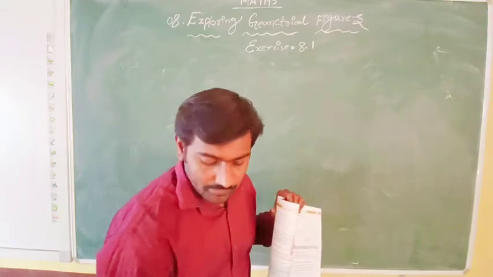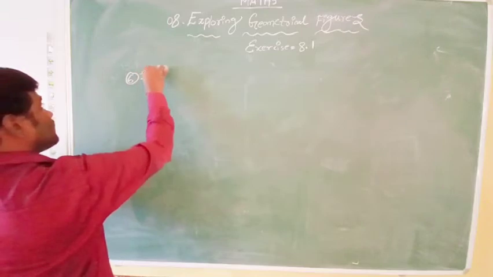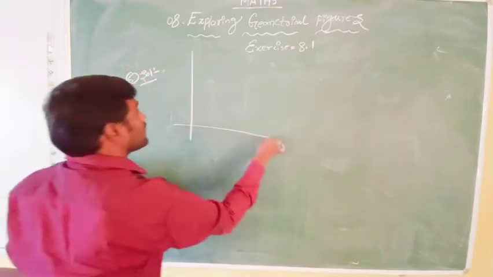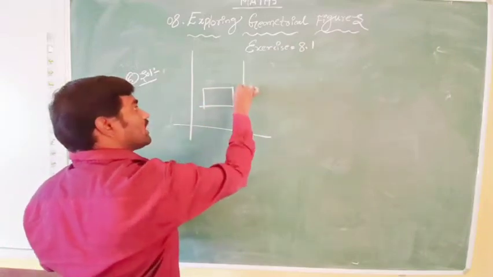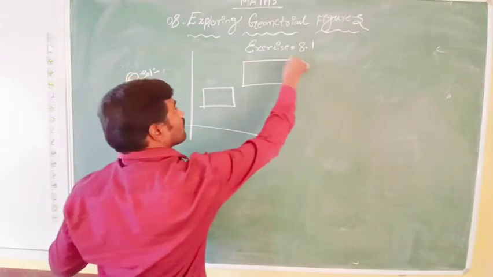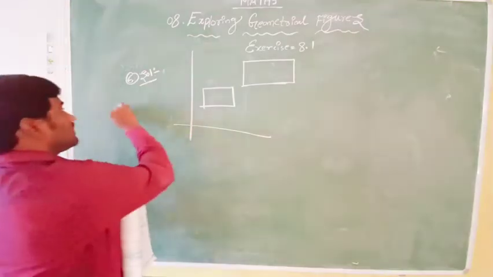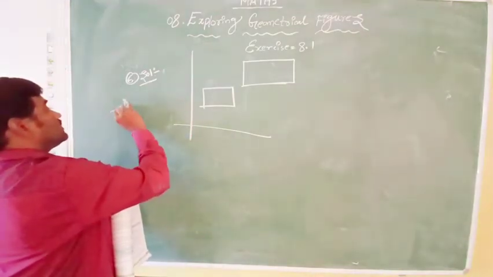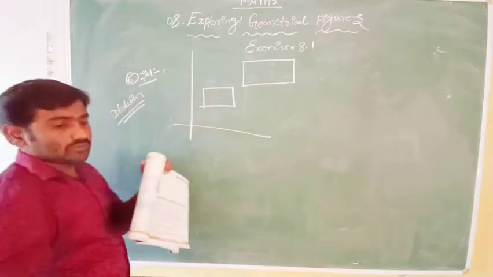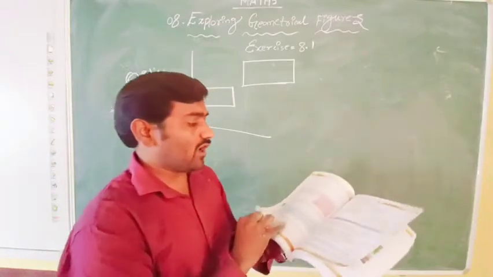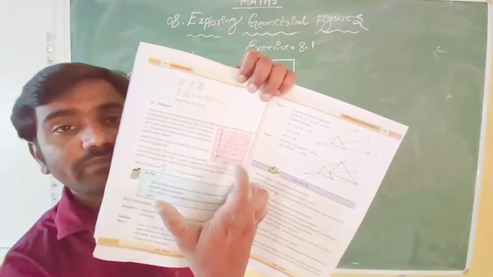So for question number 6, in the solution, on a graph, if you have drawn a rectangle, there will be one more rectangle here. I have shown you dilation. It is a dilation type of question only. I have shown you the figure. Once again I will show you that. In the same way you have to draw it here. See, the page just before has this, you need to write.